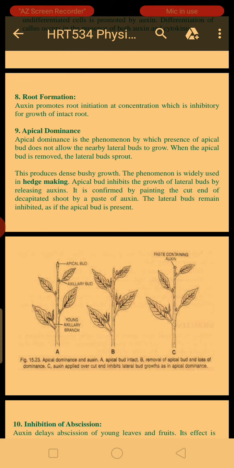Sex: it will enhance the feminizing effect in general cases, but it is very specific. It is not that if you give one spray on a particular fruit variety, all flowers will be female. And seedless fruit: it has been observed in many cases like banana that the amount of auxin in parthenocarpic fruit is found to be more than in non-parthenocarpic fruit. So it is directly correlated with parthenocarpy.